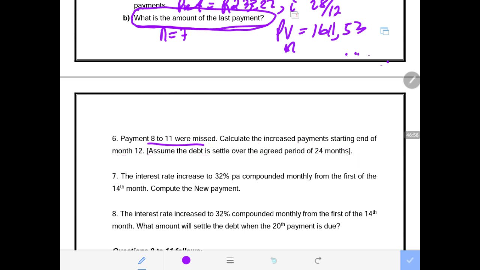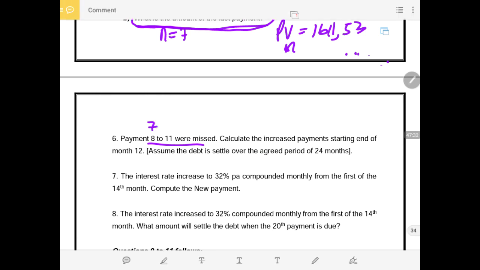Meaning, now what do we need to do? We need to say amort 7. Why do we need to say amort 7? It is because 7 payments were made and the 8th payment was missed. So now if the 8th payment was missed, it means we need to amort number 7. Then we get to know the balance after the 7th payment was made, before the 8th payment was missed. So that is why we need to say amort 7, but